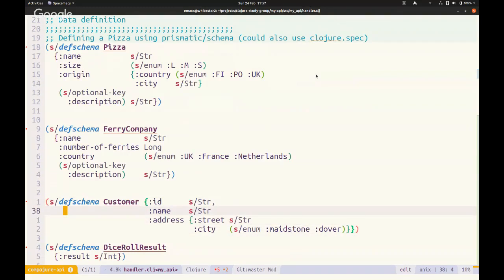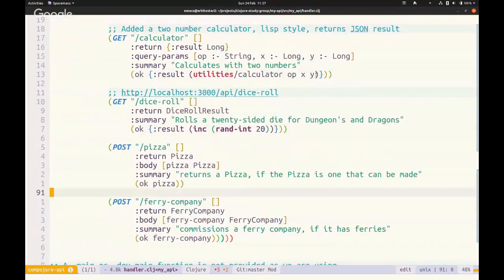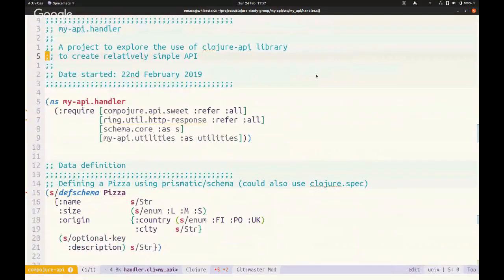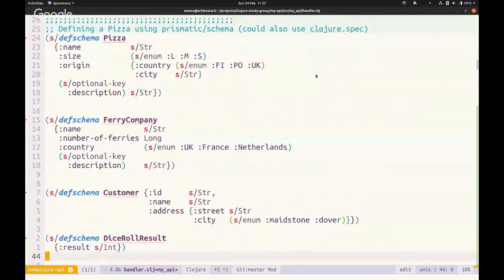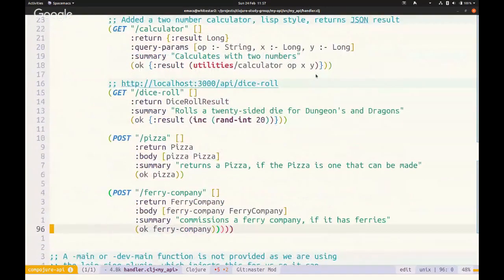Let's go back to there. It's very easy to add this. I don't think I actually finished this, did I? I haven't actually written the ferry company applicant. Yeah, I haven't written the ferry company thing. So this is just going to return a ferry company, whatever we provide. So this is like an echo thing, but ideally I'd write a